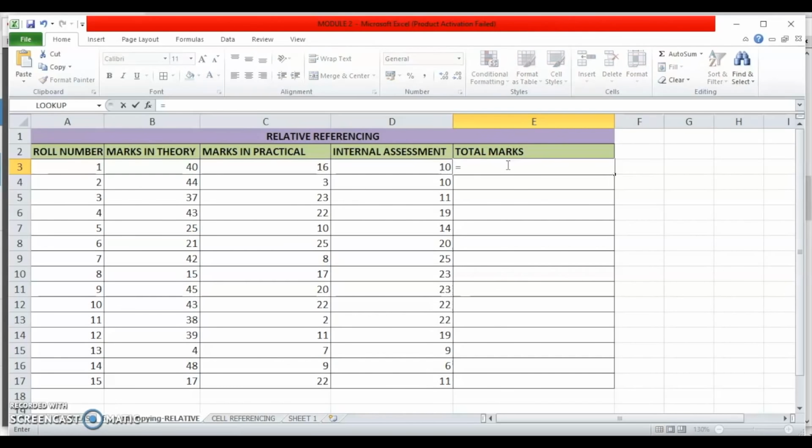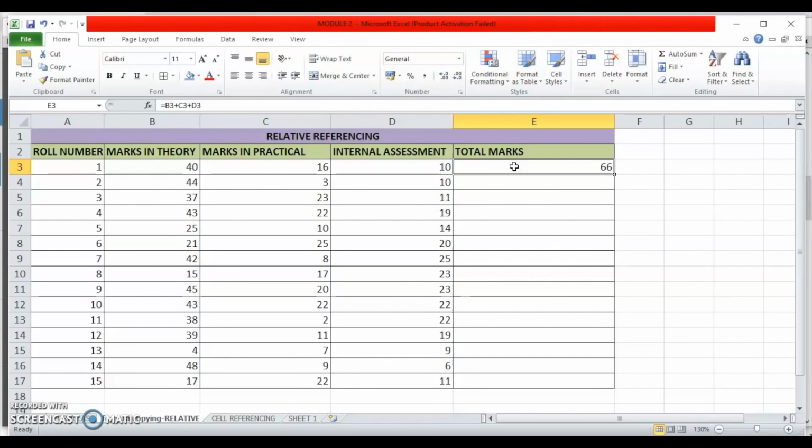So equal to, click on B3, marks in theory, plus C3 plus D3 and press enter. You can see that the result of the formula is displayed. Now it makes no sense if I have to type the same formula B4 plus C4 plus D4, then B5, C5, D5 every time, because that will be very long and inefficient.